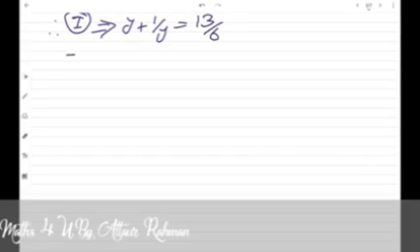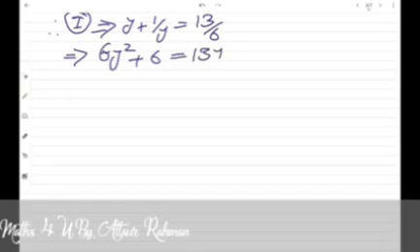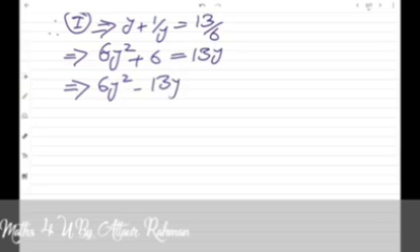We will clear the denominator to get the given equation in the standard form. That is, we will multiply throughout by 6y. So the first term will be 6y squared, the second will be the constant 6, and the right hand side will become 13 times y. Now putting this equation in the standard form, we get 6y² minus 13y plus 6